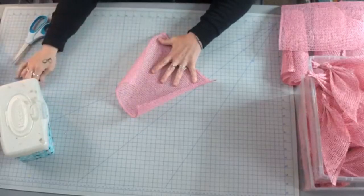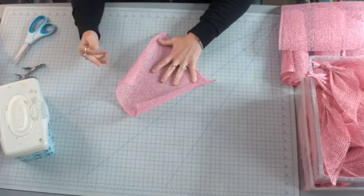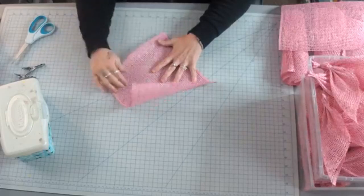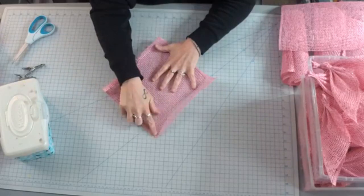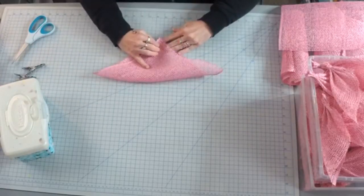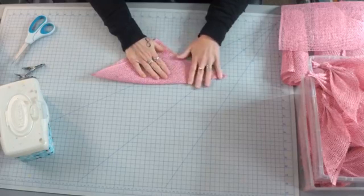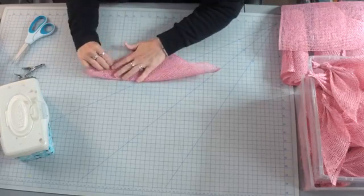It might take a bit of practice, and you'll be able to tell when you go to put the petal in your flower, if the serged edge is not to the right, it will look funny. Okay, so I have it in a diamond shape, and what I'm going to do is take this top corner and bring it right down to meet the bottom corner, just like this. Now this is giving me a triangle shape. Okay, and you're going to fold it down nicely to make sure the edges meet,